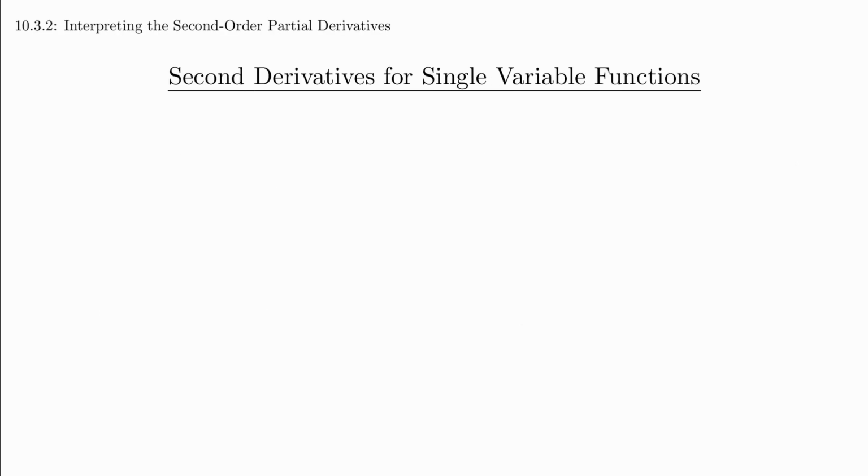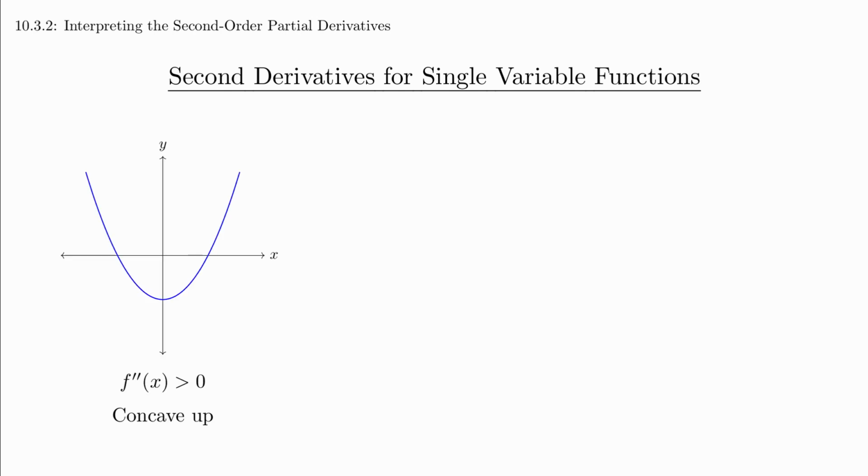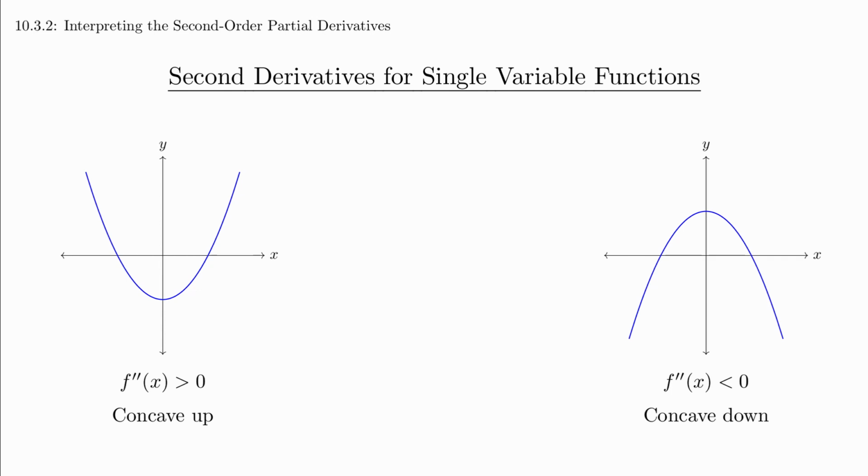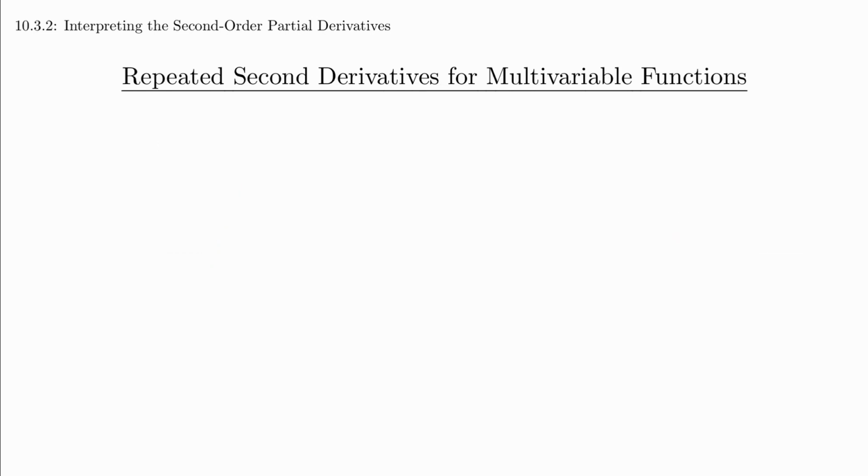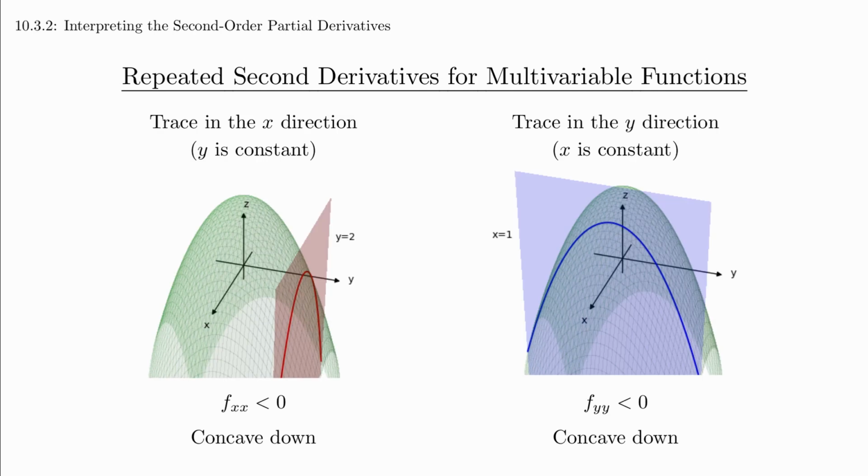Recall that in single variable calculus, the second derivative gave concavity. If the second derivative is positive, the curve is concave up. If the second derivative is negative, it's concave down. And if the second derivative is 0, then we don't know what the shape is going to look like. The second order partial derivatives xx and yy follow the same concept. This makes sense because both partial derivatives keep the same variable fixed, and so you're constrained to movement on a single plane. But the mixed partial derivatives are a bit more complicated.